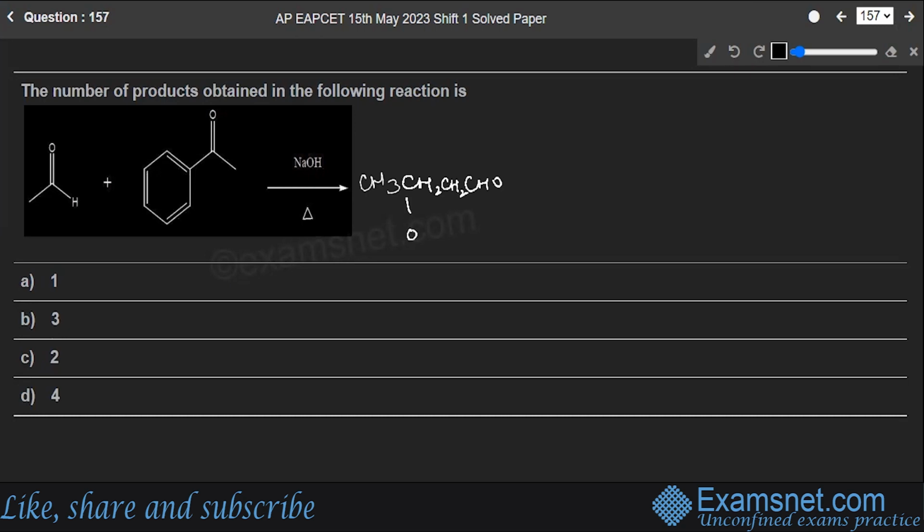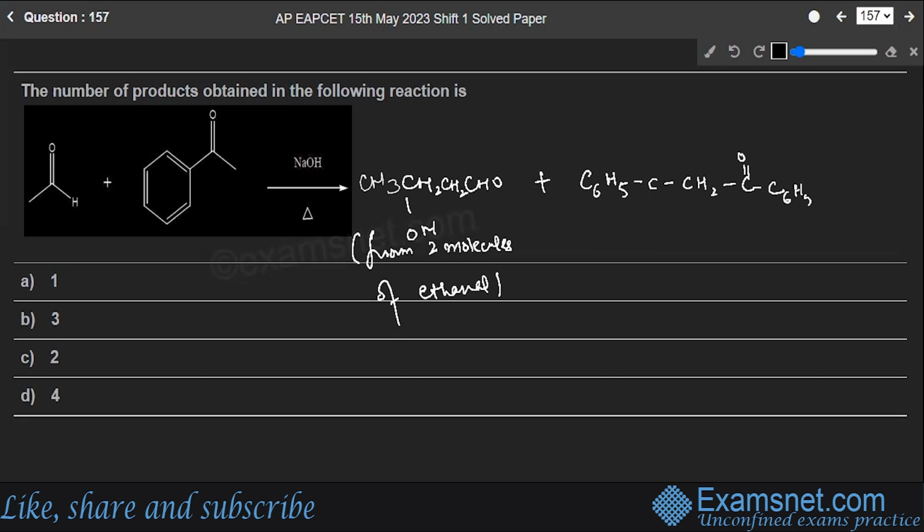Here is OH from 2 molecules of ethanol, and this will also give you C6H5, CCH2, COC6H5. And you have one OH over here and CH3 over here from 2 molecules of